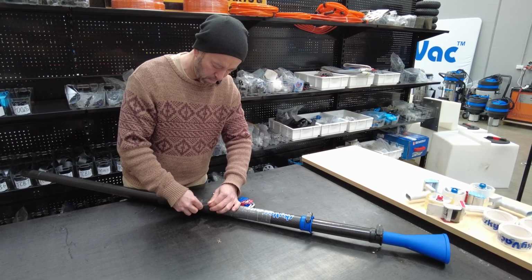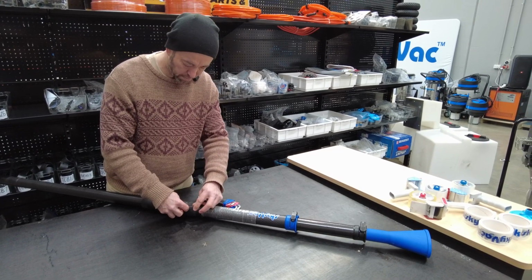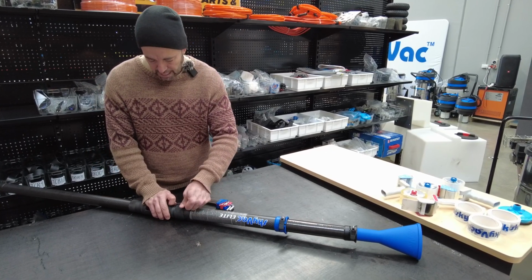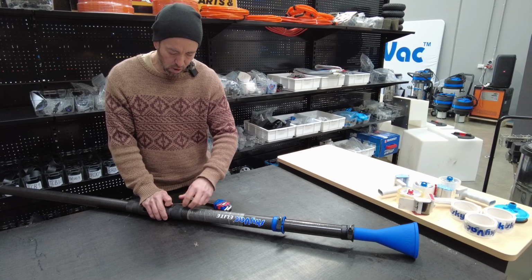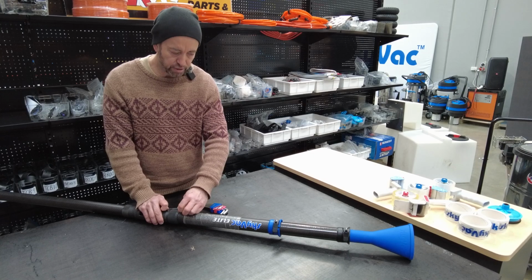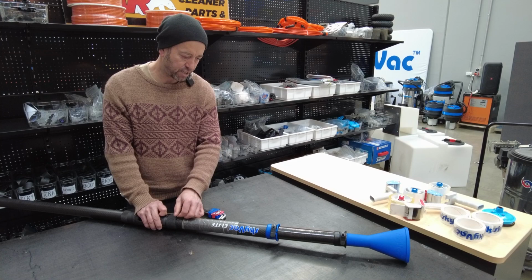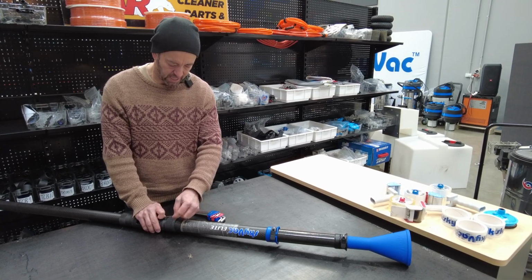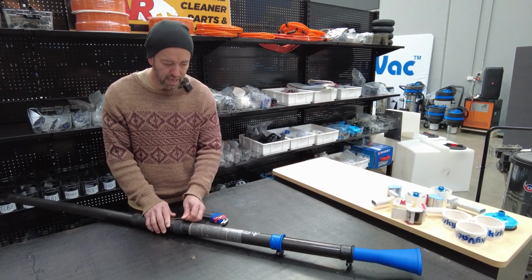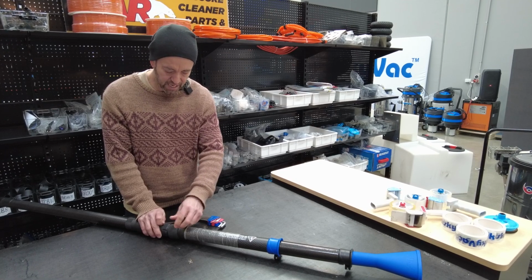So the vacuum poles themselves, at the end of the day or end of each task, it's nice to wipe down the mating surfaces of the vacuum poles. You'll get an understanding when you're carrying out the vacuuming process, the temperature will change on the poles, which is an indication that you're picking up mud within the poles and that they need also to be clean. You'll also feel a weight difference as mud builds up on the inside if you're vacuuming in a wet